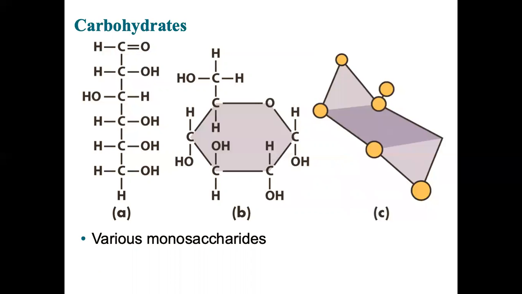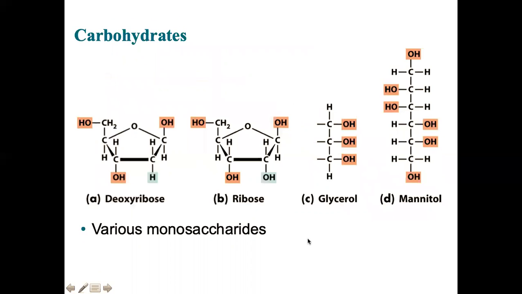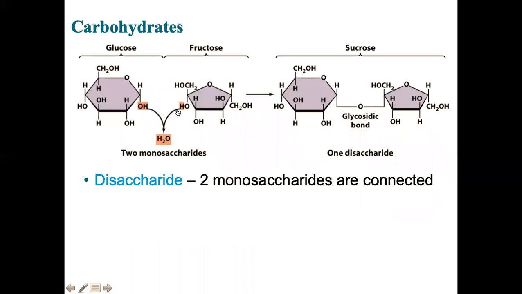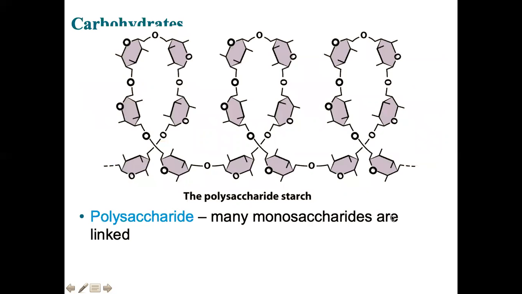They look different depending on who's drawing them. We like to draw them this way so that we can see it in biology, but chemists like to think about things in 3D. There's another way of drawing it, which is super flat. There are different types of monosaccharides: deoxyribose, ribose, glycerol, mannitol. And like I said, you can smoosh them together, and when you join them by a bond, you can make a different sugar. I mentioned sucrose is a disaccharide. Or you can have a polysaccharide, which is many, many sugars.